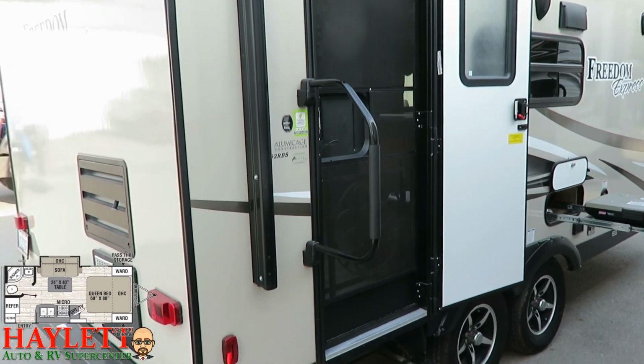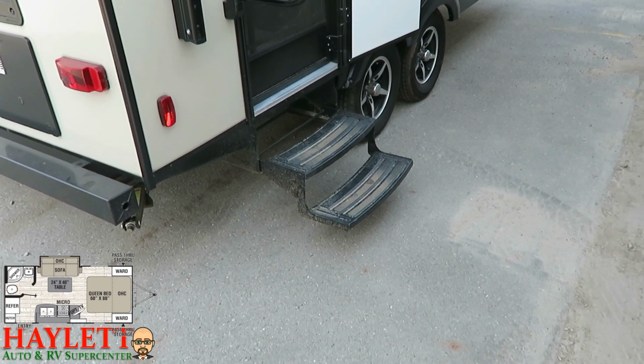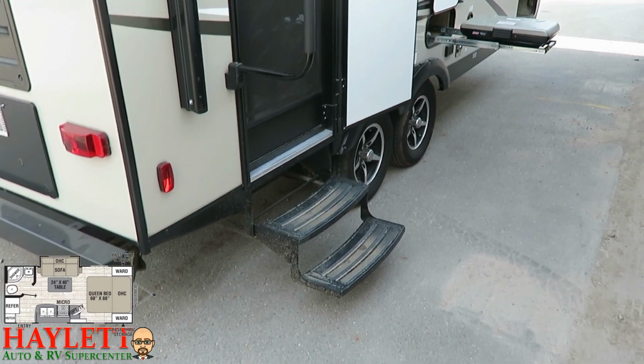Larger entry handle is always good for coming and going. And you see, this is just 2 entry steps, but it's because this is a smaller trailer. It doesn't need a heavier chassis. Quick note for you,